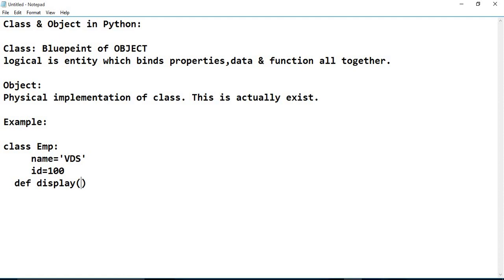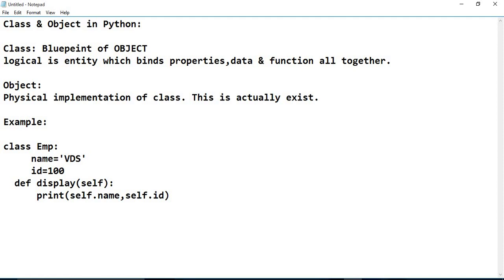Here we write self. We know that self is a keyword which references itself in Python. Okay. Now we'll print this one. What will we print? Name and ID. So self dot name comma self dot ID.